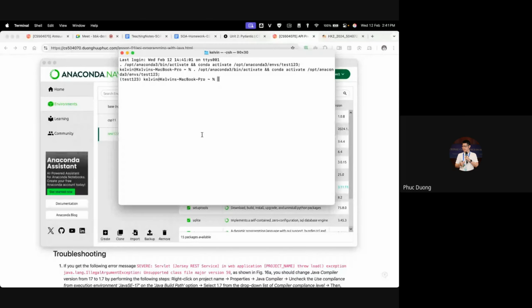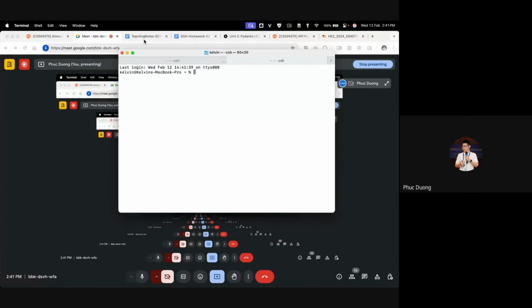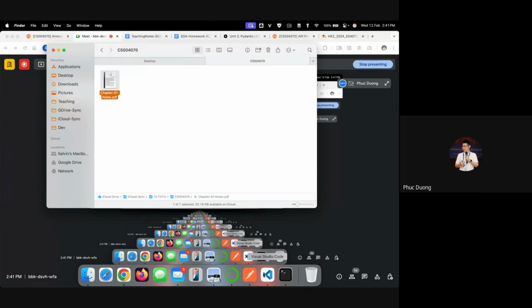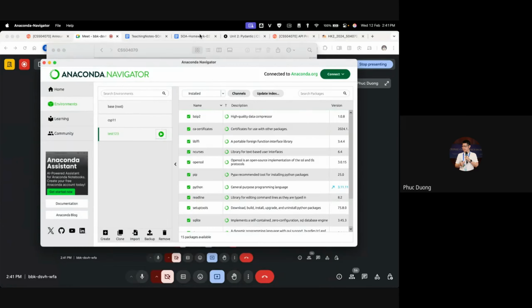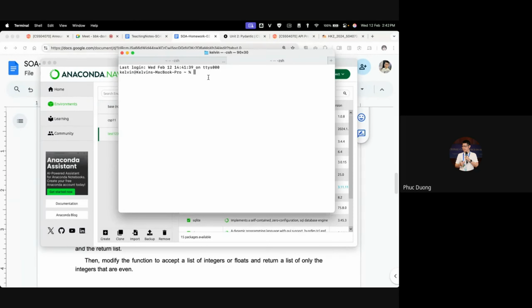Or you can use some commands beginning with conda. You can type conda activate test123 to activate the test123 virtual environment.